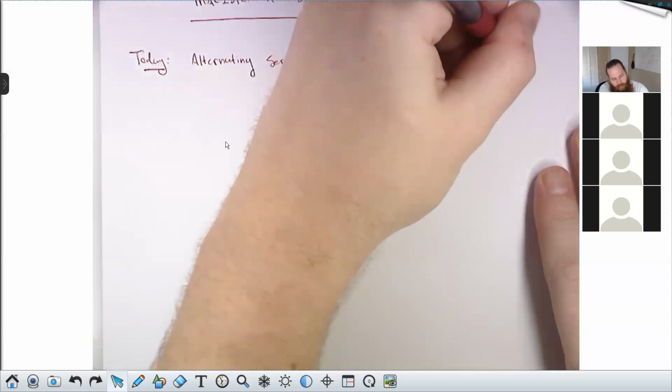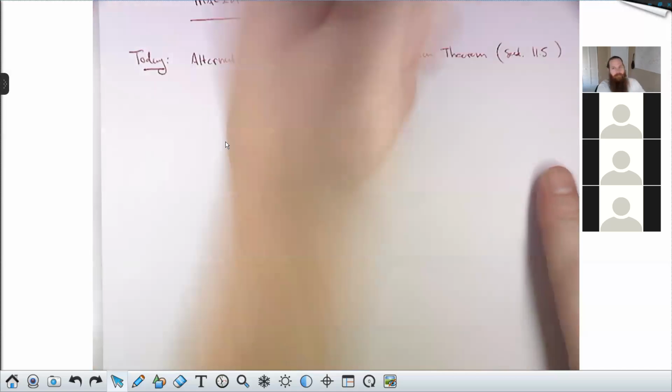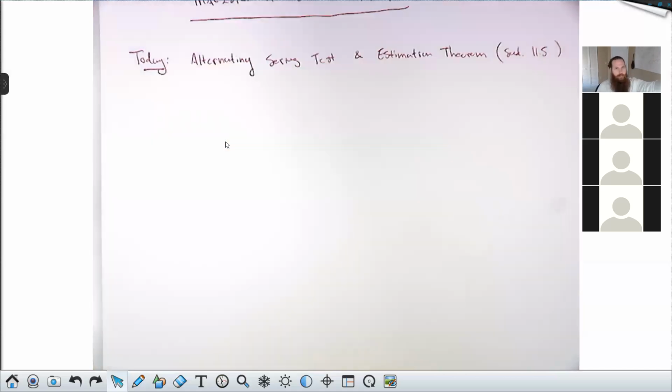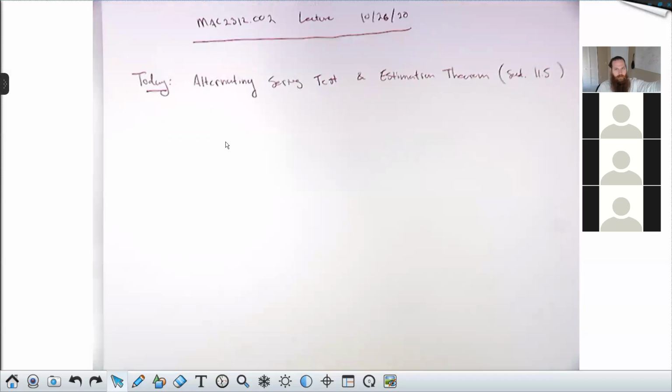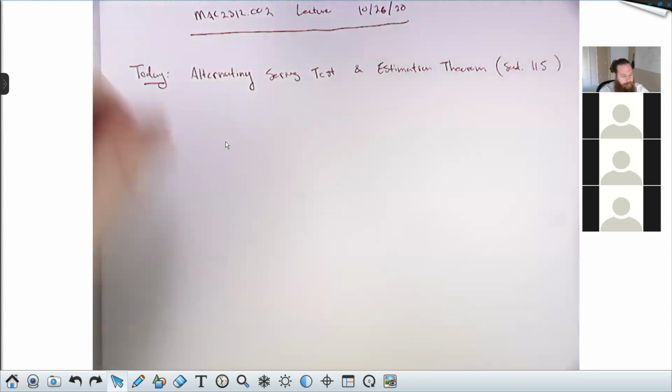This is all coming from section 11.5. So today we're going to cover section 11.5, and then Wednesday we're going to cover section 11.6. 11.6 is the last section before the exam. So I am going to do something a little out of the ordinary. I'm going to go ahead and pop open the study guide today. And the reason is the exam